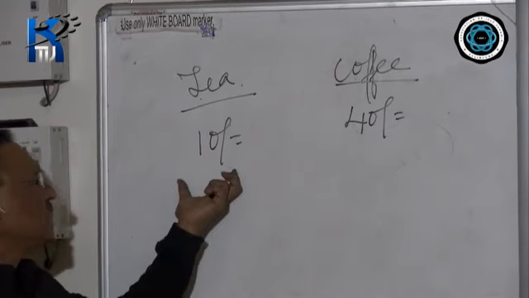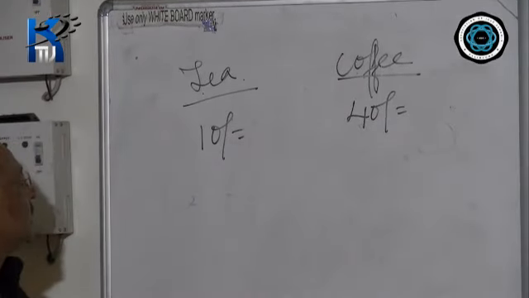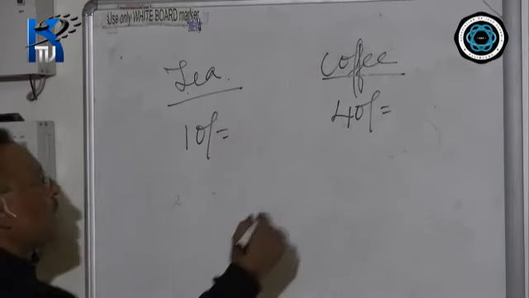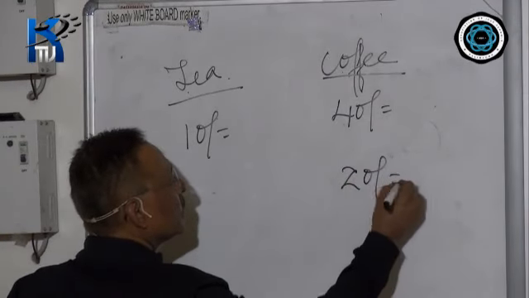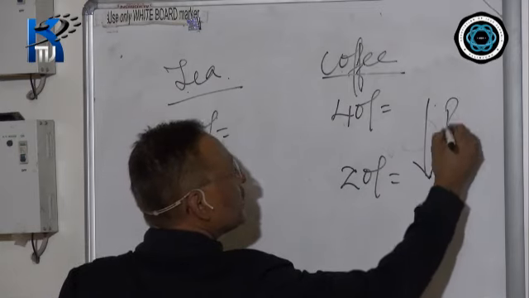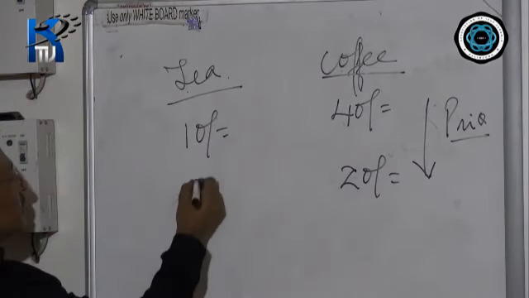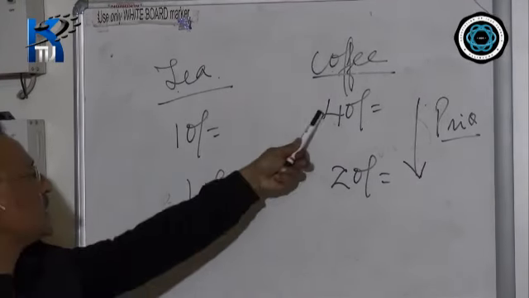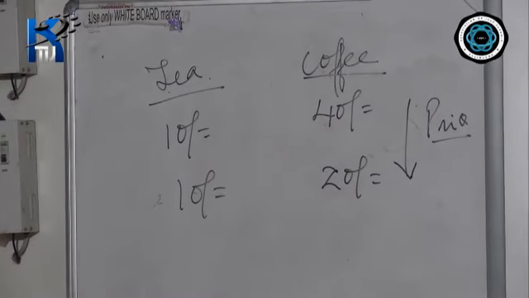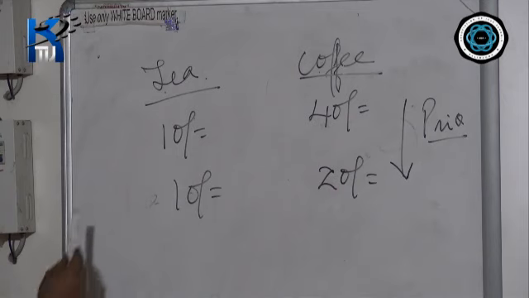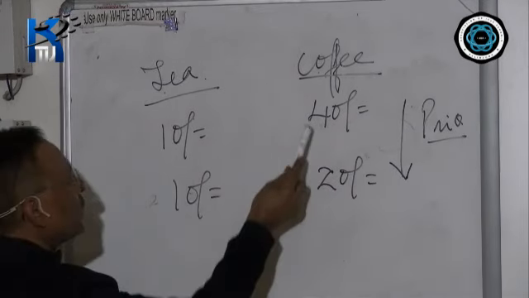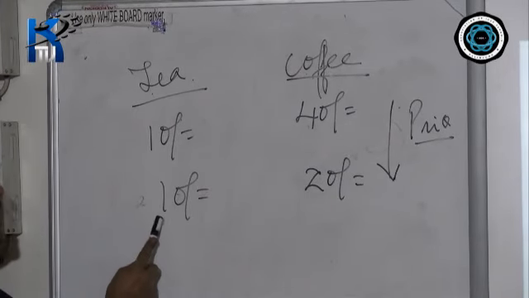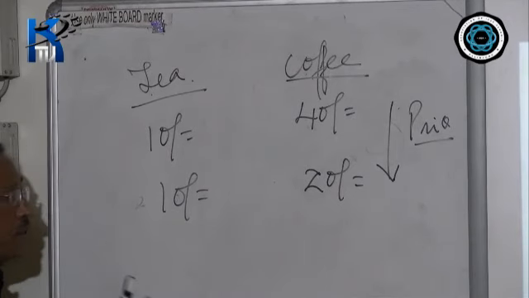Your commodity is tea, the substitute is coffee, right? So generally you're going to have tea because coffee is expensive. Now we can imagine the price of coffee is now 20 rupees. The price of coffee has decreased, whereas the price of tea is the same. There is no change in the price of tea, your commodity, but the substitute price has decreased to 20 rupees. What has happened here? Though the price of tea is the same and the price of coffee has decreased, people find that tea is relatively costlier. The word is relatively costlier.